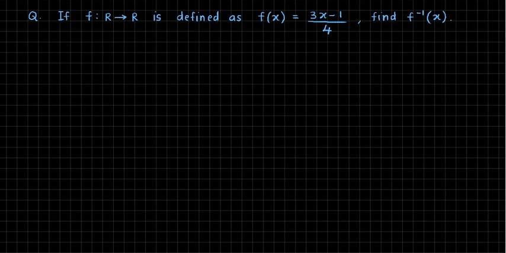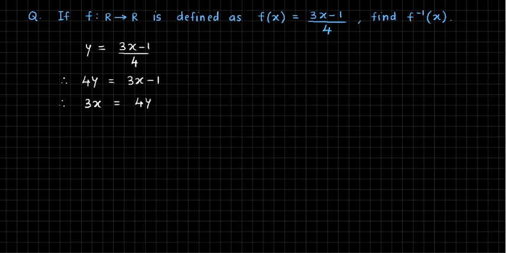Now here function f is defined from set of reals to set of reals, and it is given as f of x equal to 3x minus 1 upon 4. Then find the inverse of f. Alright. So as we have seen, firstly let us write y as f of x, so that is 3x minus 1 whole upon 4. Now we have to do all the adjustments and transformations to bring x in terms of y. So therefore by cross multiplication we have 4y equal to 3x minus 1,